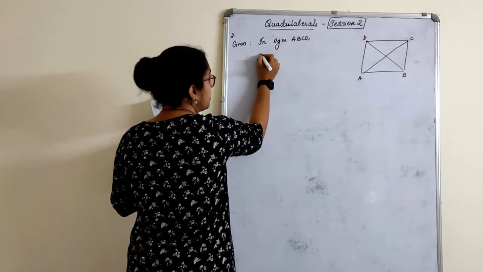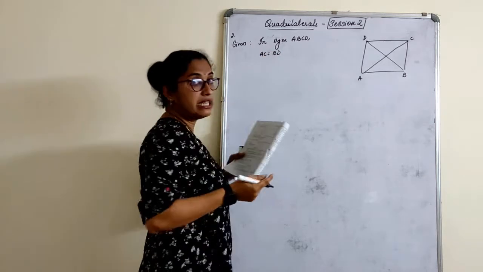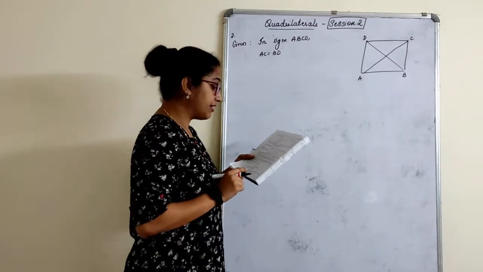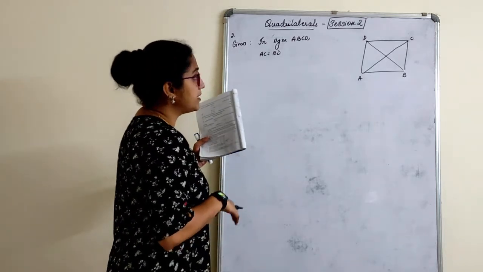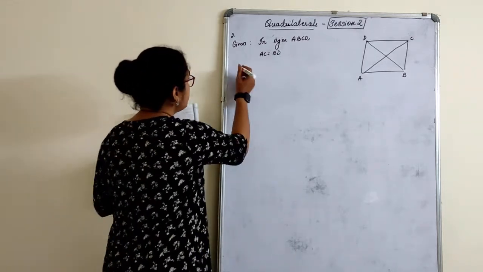First of all, it is a parallelogram. AC is equal to BD. Are diagonals equal in a parallelogram? No, they are not equal. We know that. But here they have given AC is equal to BD. We know that apart from that sides are equal. That we can write later. To prove: